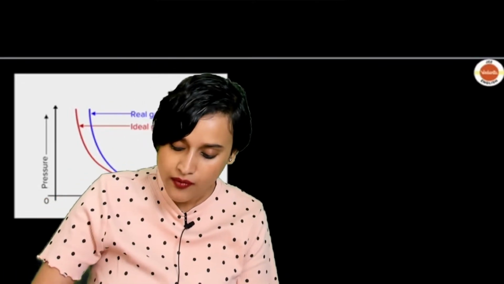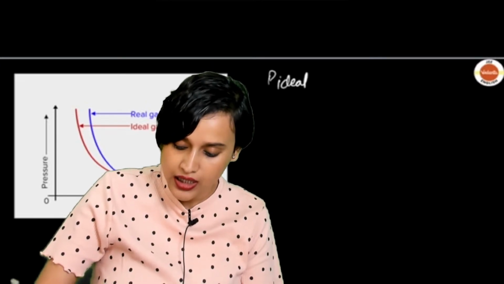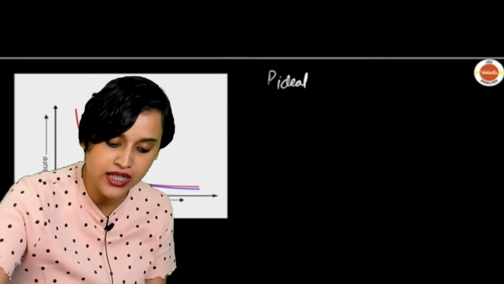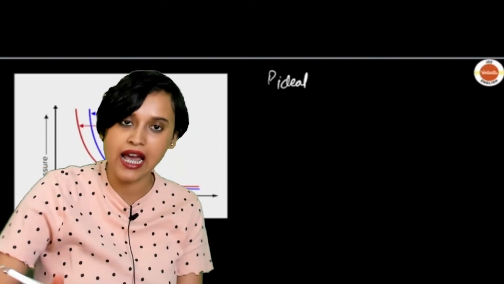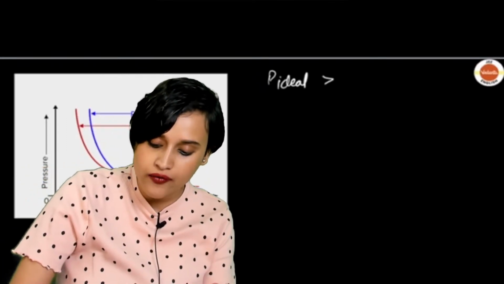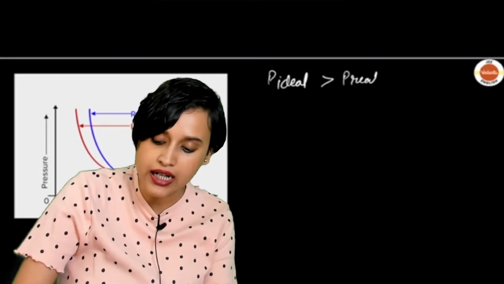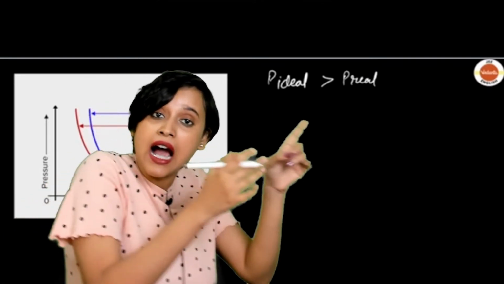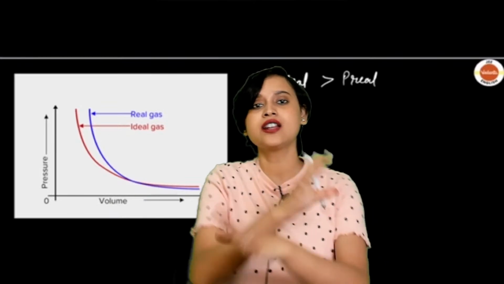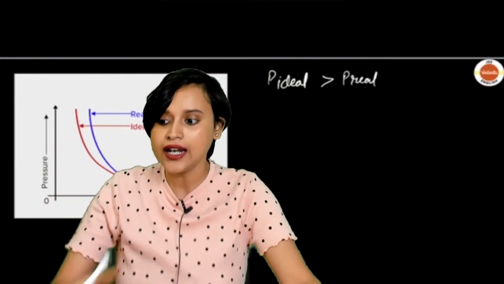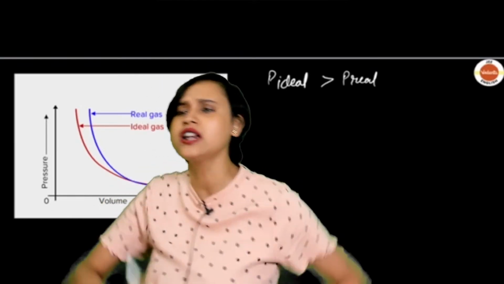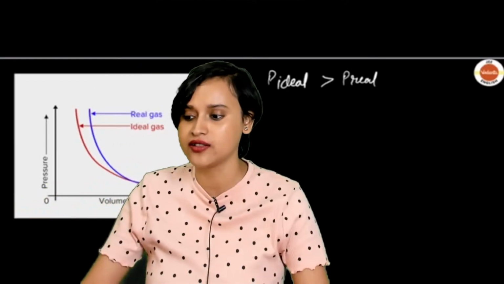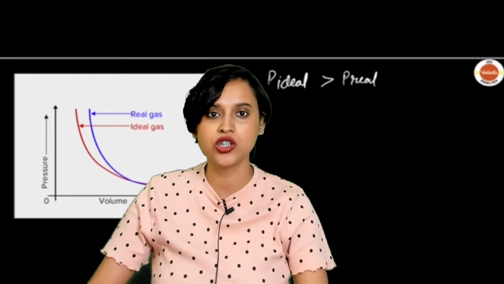that P ideal, the pressure, see. From this graph, do you see what is happening? Yes, the pressure of ideal gases will be slightly more than the real gases. Why? Because in the ideal gas scenario, we said that there is no interaction. And if there is no interaction, if nobody is holding me back, obviously I will run at the same speed and go and collide myself, right? I will go and bang myself on the wall, isn't it?